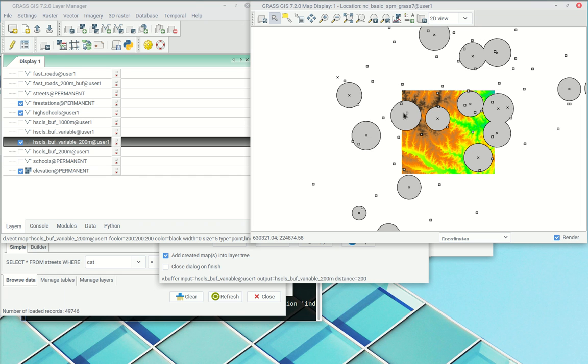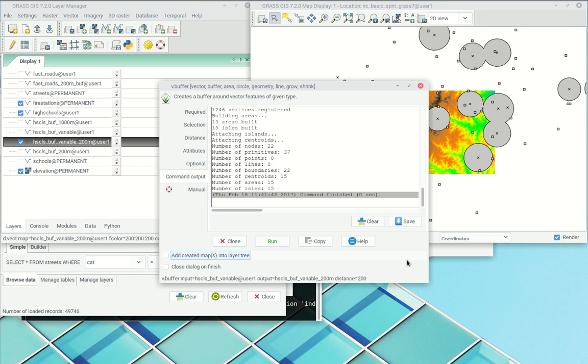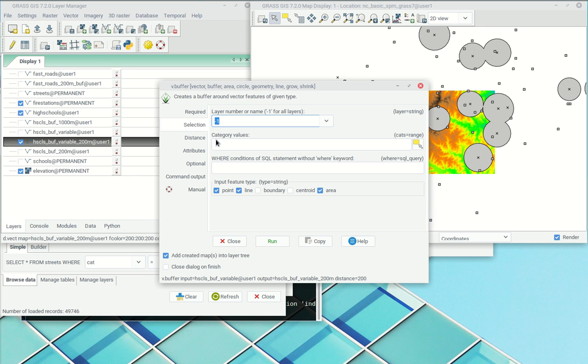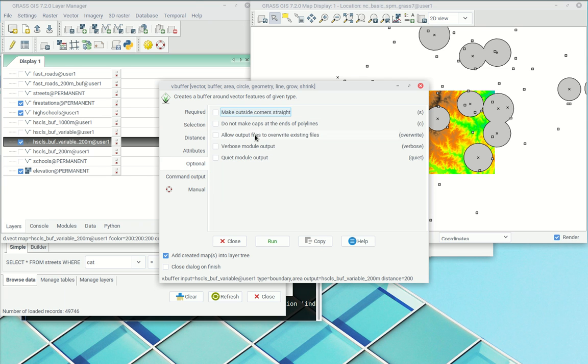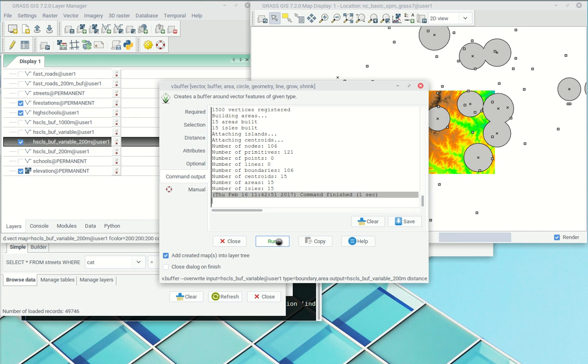Sometimes we want to just make a slightly bigger circle. That's cool, but if we wanted a ring, what we would have to do is go back to VBuffer, and in our selection tab over here, we would actually have to get rid of everything except the boundary. And the boundary is the outer line that encloses the polygon, all right? If we hit run now, actually, we have to overwrite, because we're going to overwrite that, right? If we hit run now, when it chugs through,